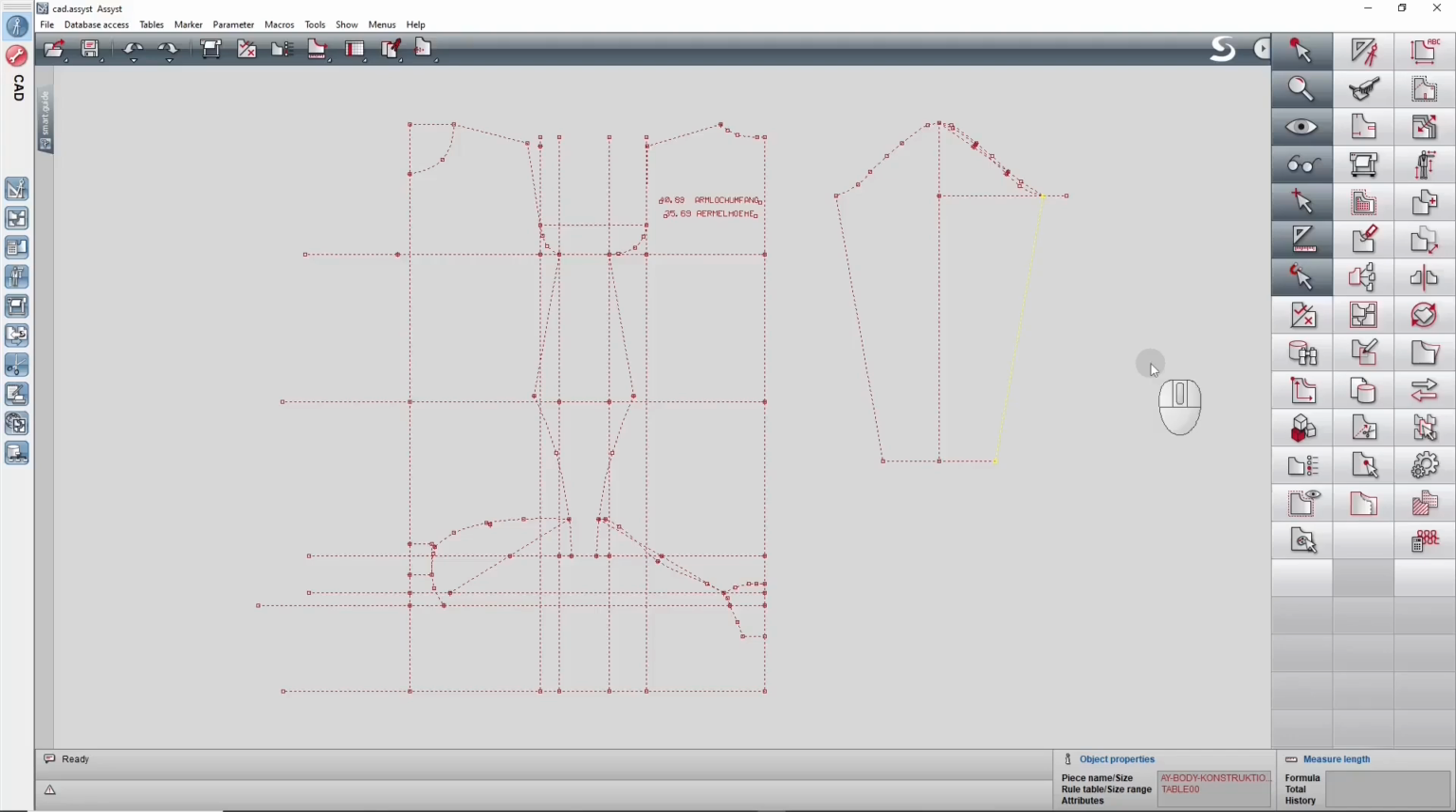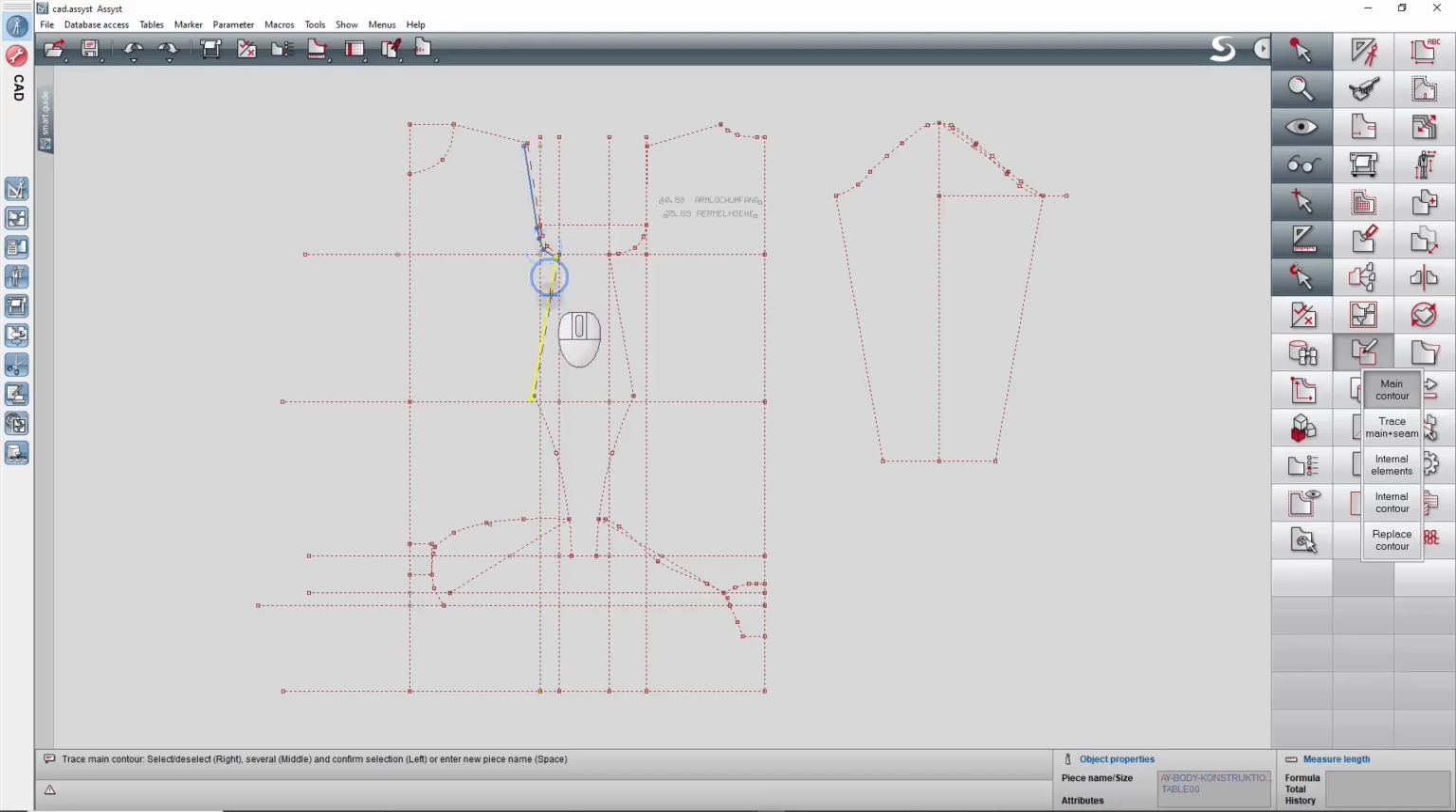With the function trace, you can create new pieces out of construction patterns. Use the function trace and main contour. Collect the elements for the new pattern with the right mouse button, and the system trims and connects the elements